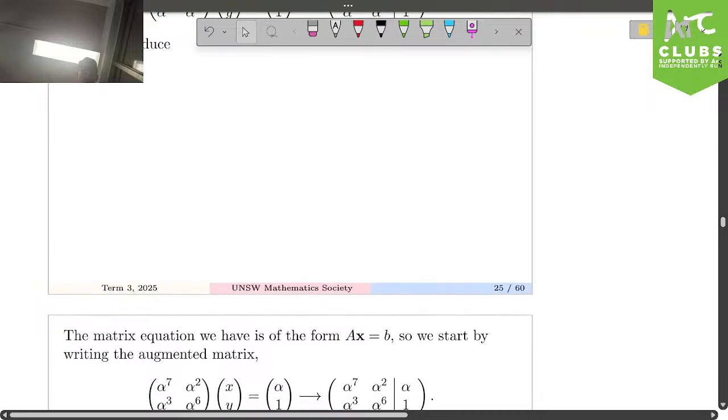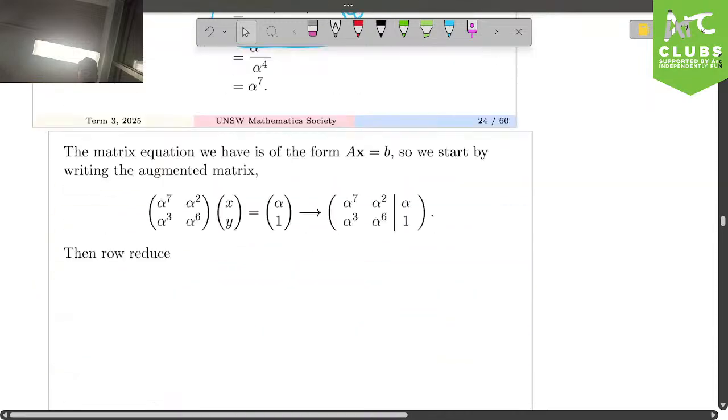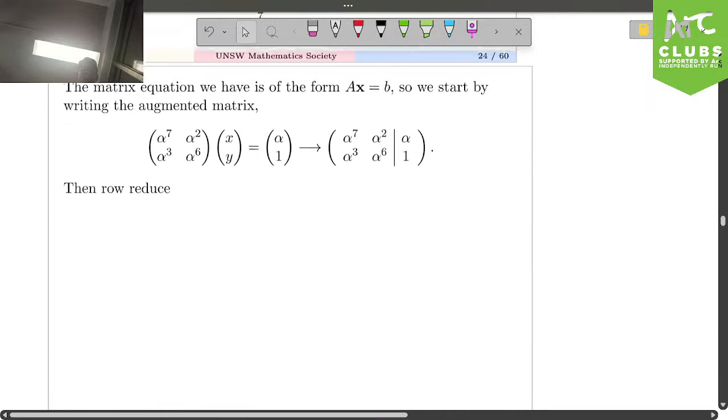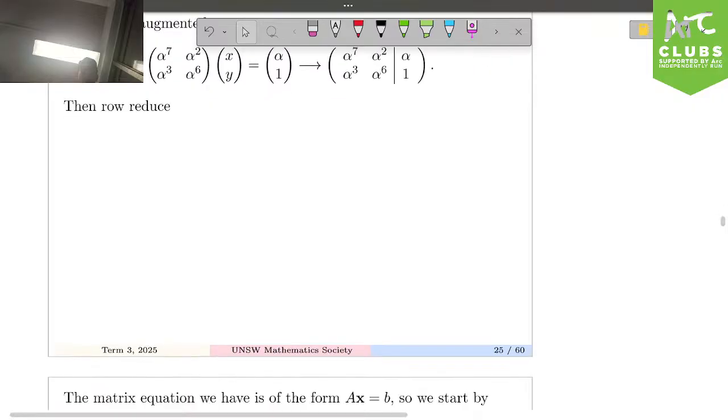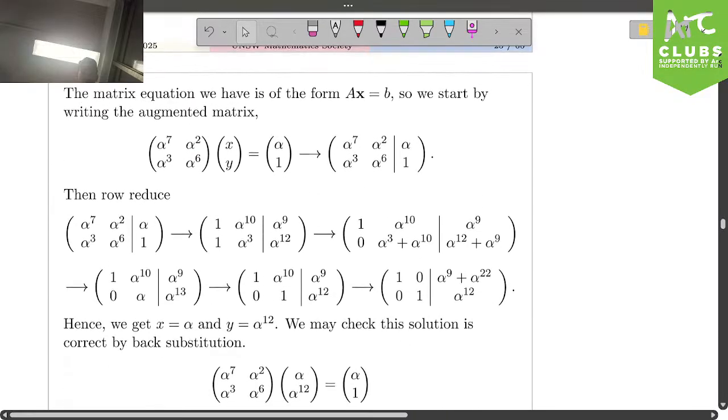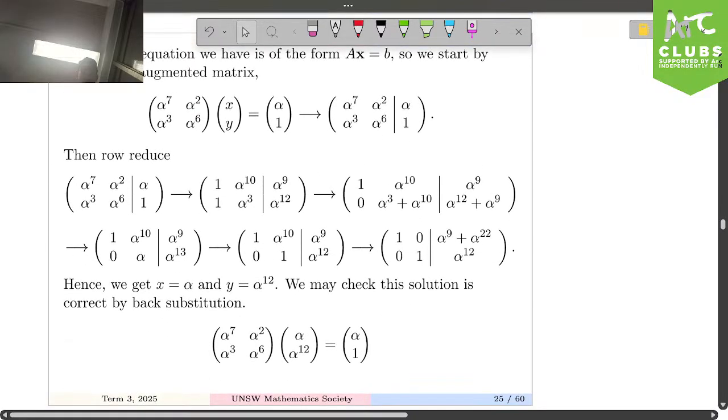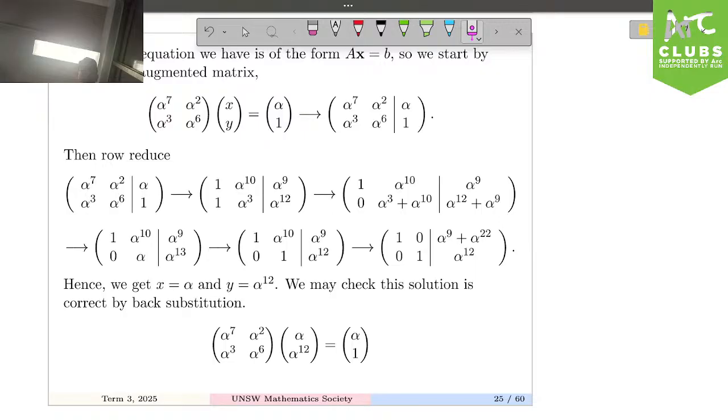Right, so we go through this, and we can just find a solution for alpha. The next part of this question was to row reduce. Row reduce is very simple. All you have to do is remember first year, and we can solve the linear equation. I didn't even bother because I just read out alpha of x plus... You can do that. You can just solve it exactly.